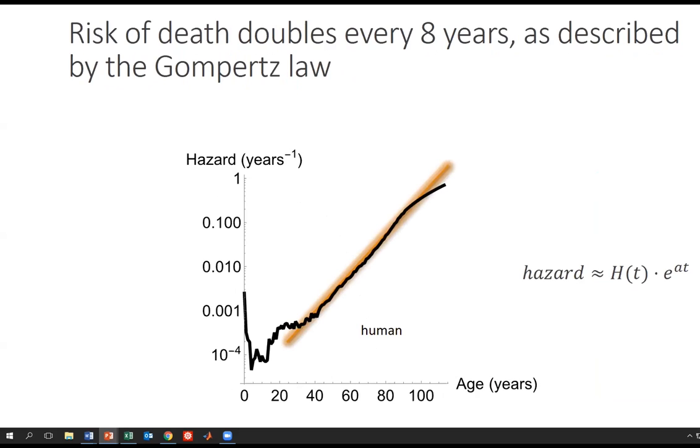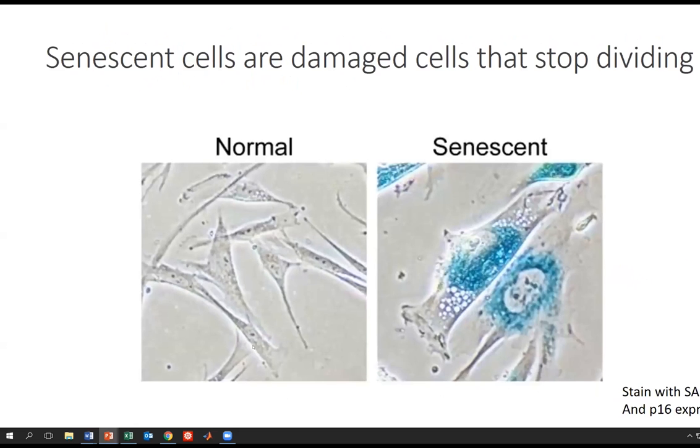And there are regularities, on the other hand, to aging, like the doubling of hazard in humans and mice and many other animals. Hazard of death in a given year goes up exponentially with age. By the way, this plateau here is mainly suicides and accidents. If you extrapolate extrinsic mortality down, it goes down exponentially all the way down to here. And I'm going to pretend in this talk that there's one causal factor for all the other causes of aging. Of course, this is not true, but let's pretend that it is, just to make progress. And I'll talk about a factor, senescent cells, that is pretty exciting biologically.